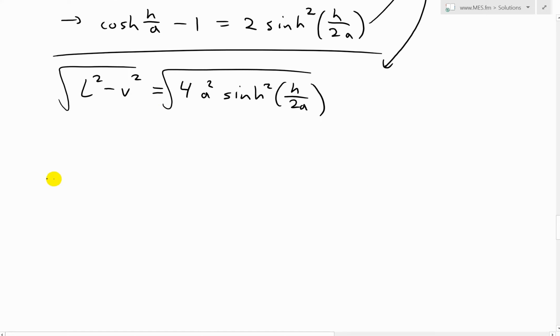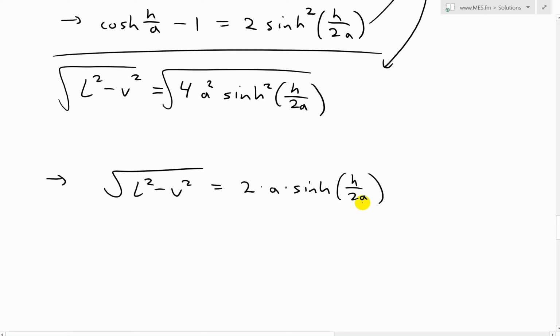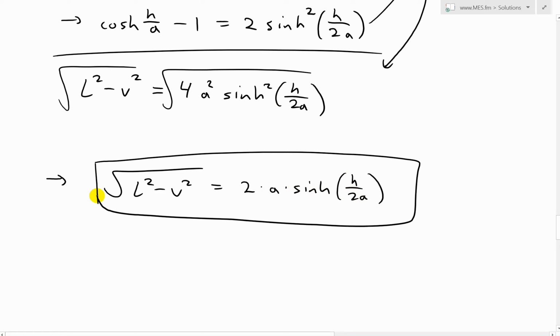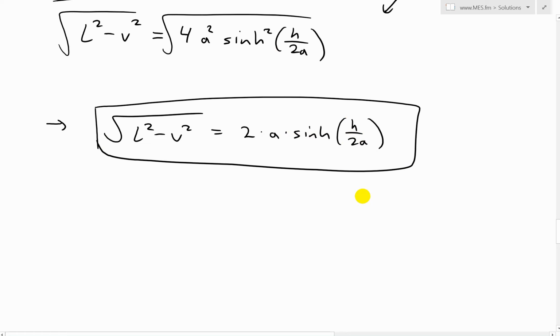So when we do this, finally, this becomes the square root of L squared minus V squared equals 2. Now the square root of 4 is 2, the square root of a squared is a, and now we just get rid of all that. Sinh squared is gone. Now we have h over 2a like that. So now we have one formula that includes all of these parameters: L, the length of the cable, the vertical distance, the horizontal distance, and the physical properties in terms of tension and the linear weight density of the cable,